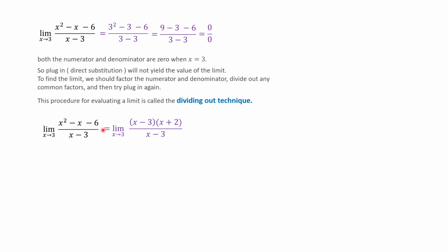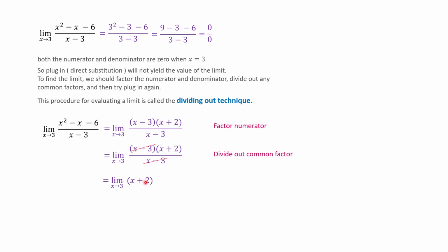If we factor the numerator, we have x minus 3 times x plus 2. In the denominator, we have x minus 3, which is a simple expression and we can factor it. The next step is to cancel the common factor between numerator and the denominator. And of course, the common factor is x minus 3. If we cancel x minus 3 from the top and the bottom, we get